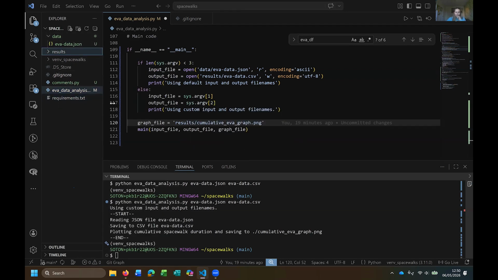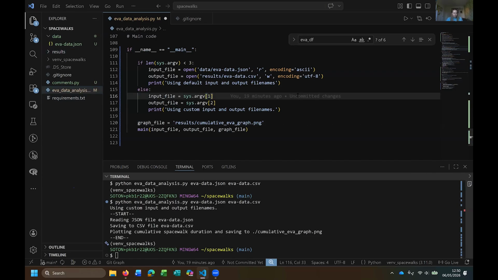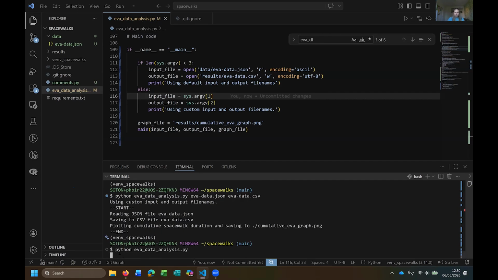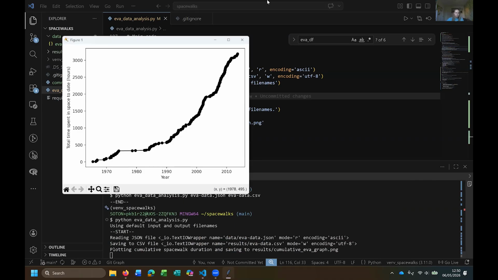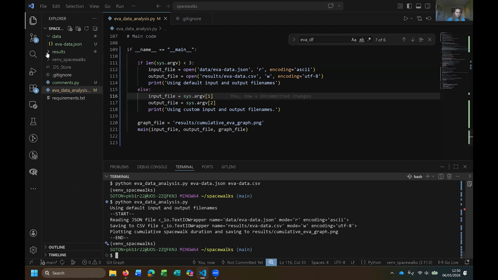So now hopefully if I run the code, they should be recreated in the results folder. Now if I look in results, that's where the CSV file and the graph have been saved. So that's tidied up our